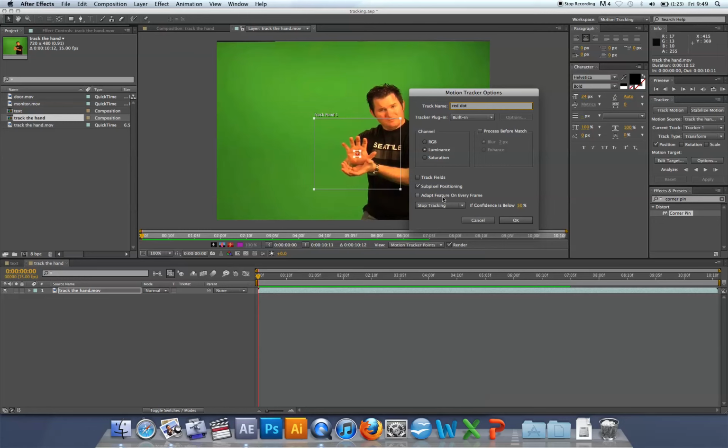Now what you want to do is say adapt feature on every frame, so that if the dot changes shape, it tries to find a new version of that shape as it goes from frame to frame, and you want it to stop tracking if confidence is below, and you can set this to 80% or whatever. So I'm going to set it actually to 75. Click OK